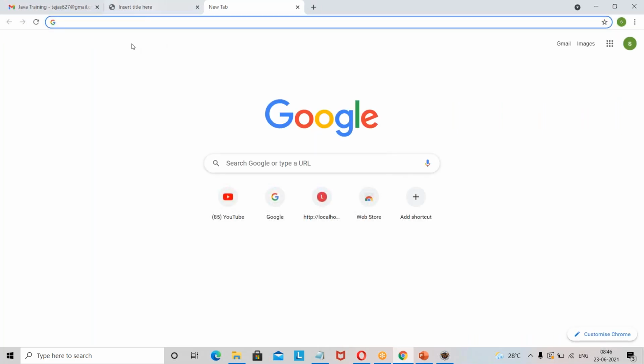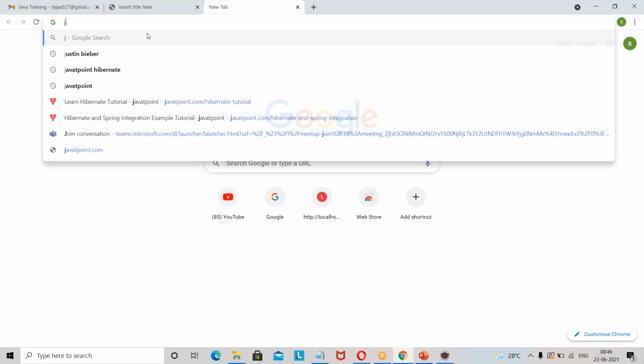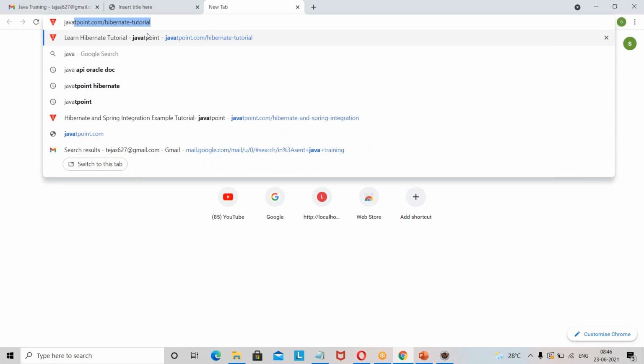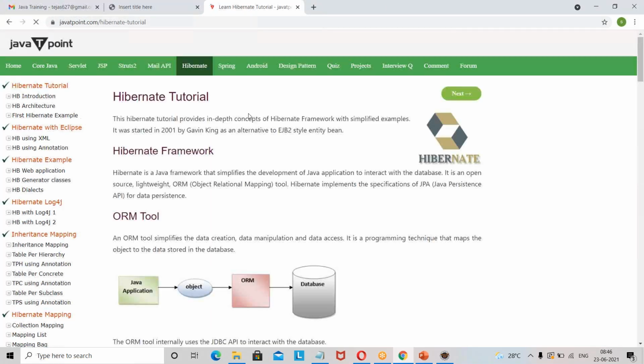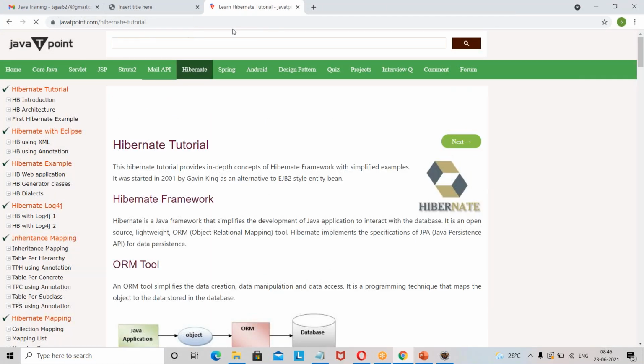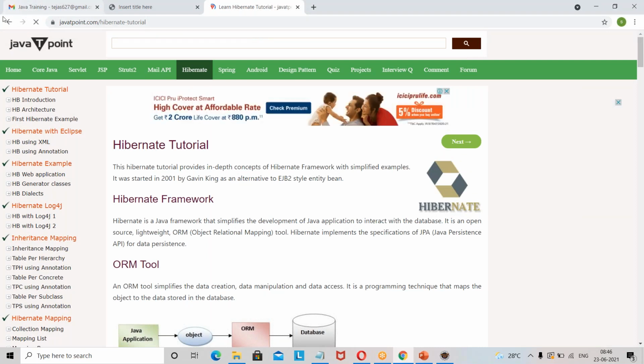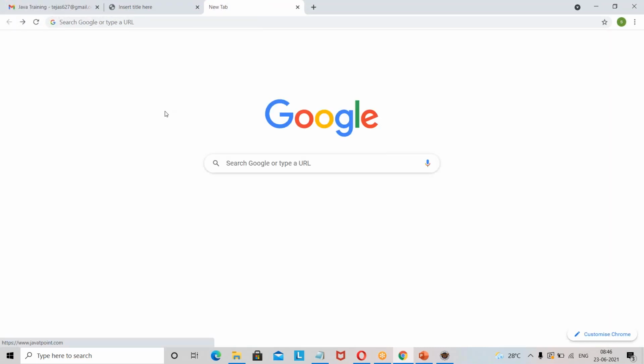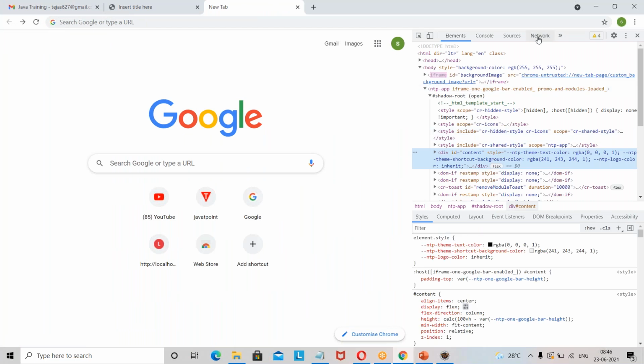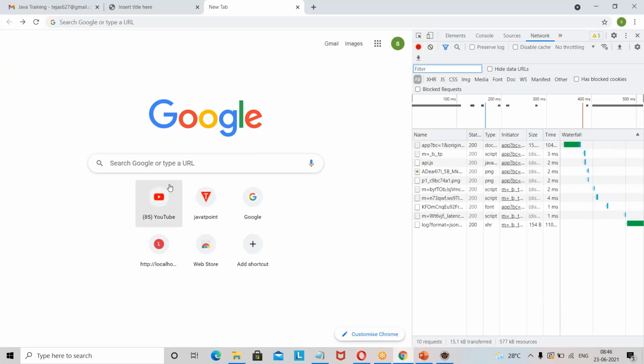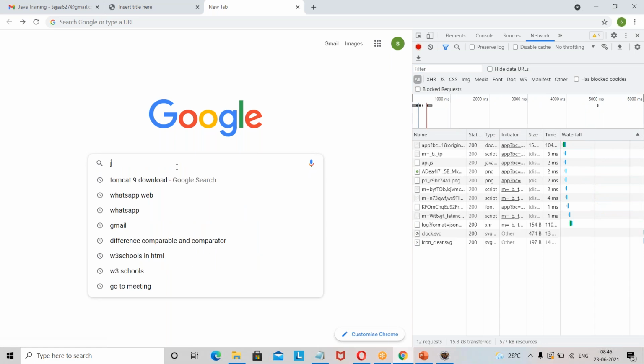Okay, I'll open it. First the developer tools, and then you want me to type? You can open anything.